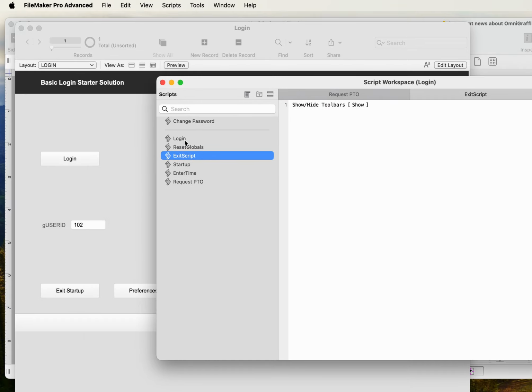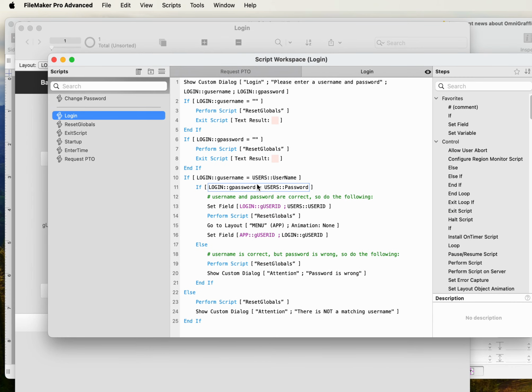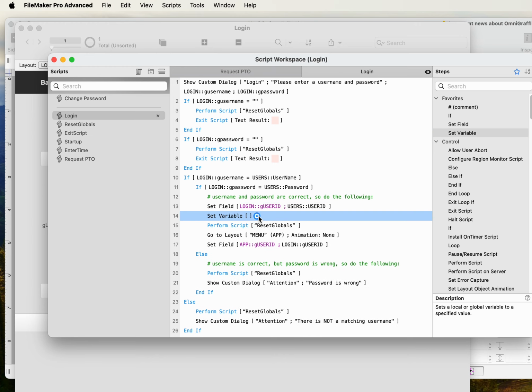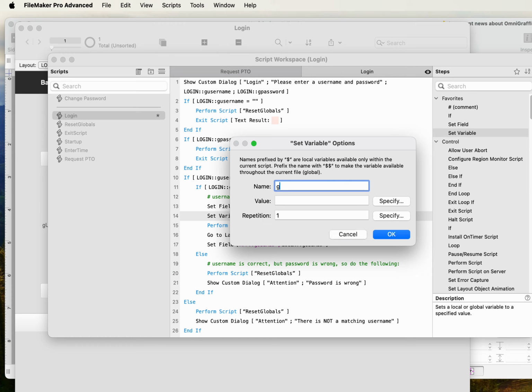So this is going to be our login. And here we did set field, user ID. Okay. And then we went over here and we set this. So now that we know this is working, I don't really need to set a field. I could just use a variable. So what I'm going to do is I'm going to do set variable, and I'm going to call this G